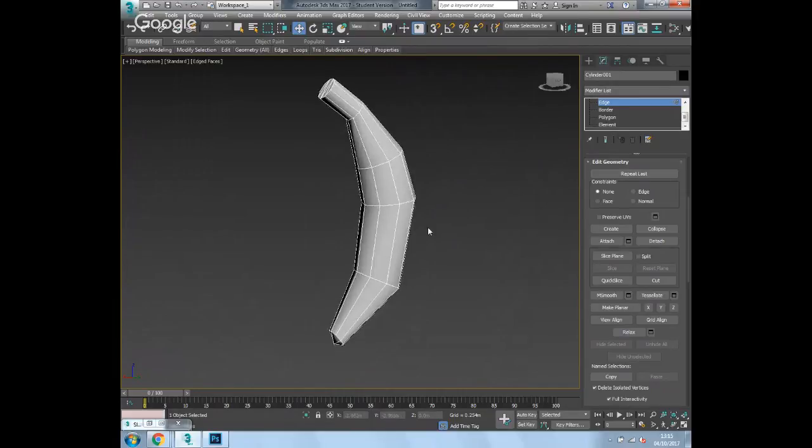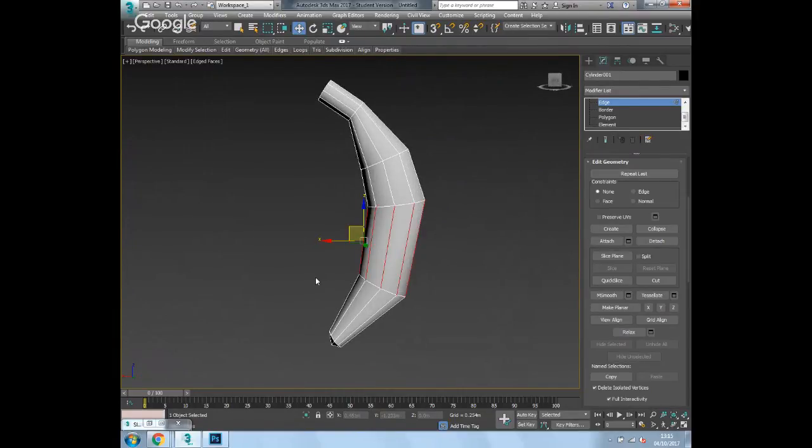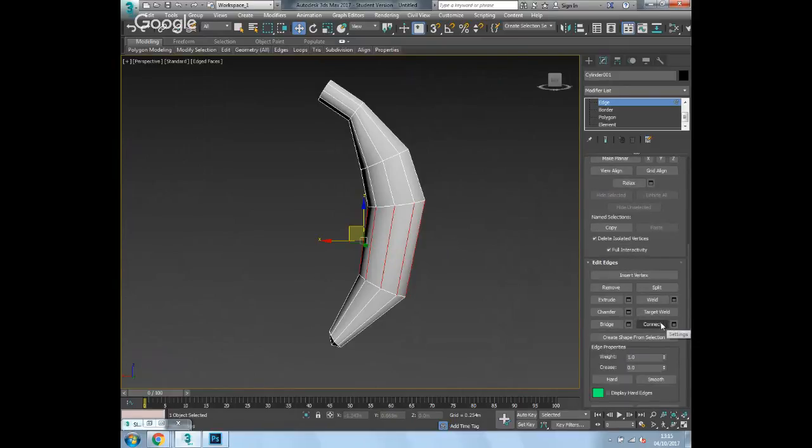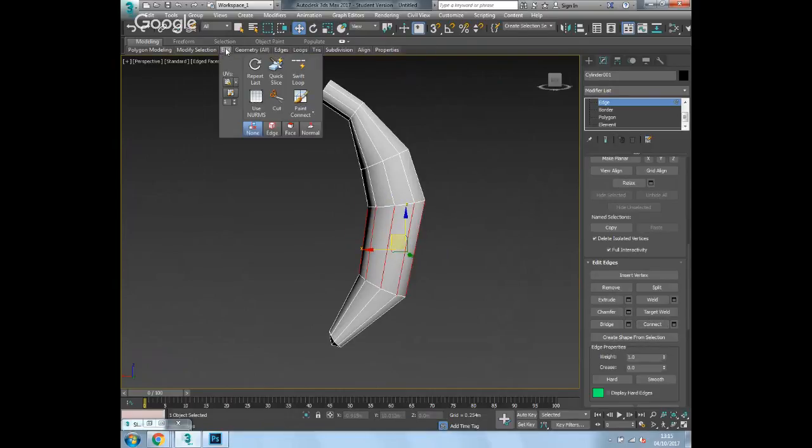So when you've got your asset here and you want to add a few more edges along here, you can either do the trick that we did in the very first or second lesson, where you select the edges that you want and add them by hitting connect, right? But that doesn't change things very much. We've still got a straight line. So keep the curve. And to add in more edges, if you go to edit up here, this top ribbon,